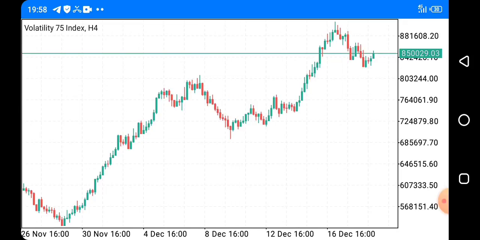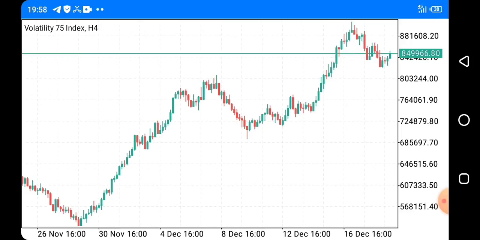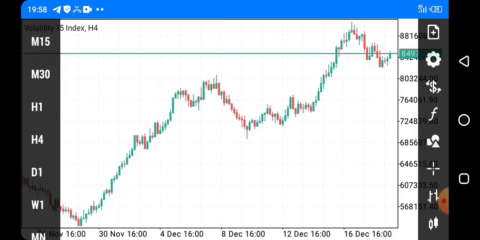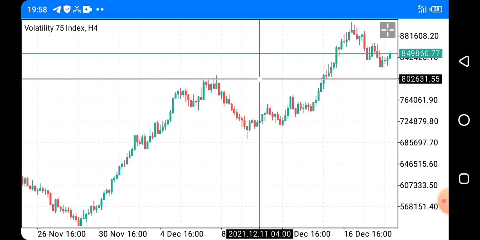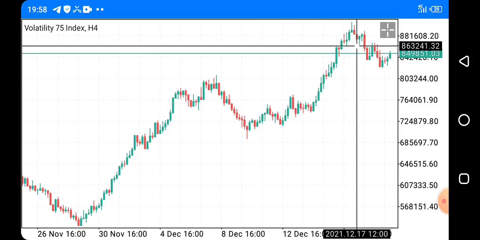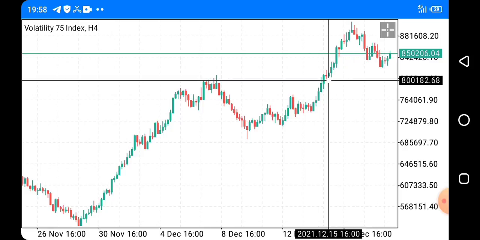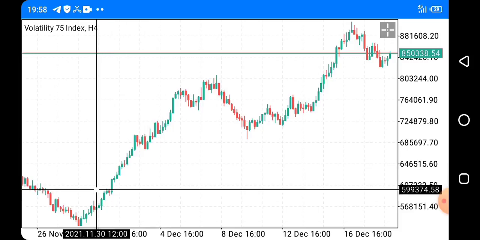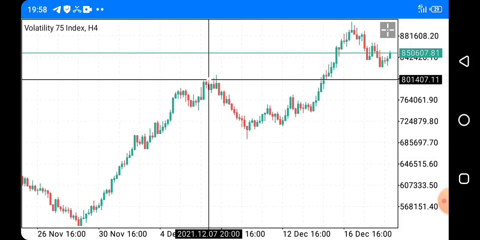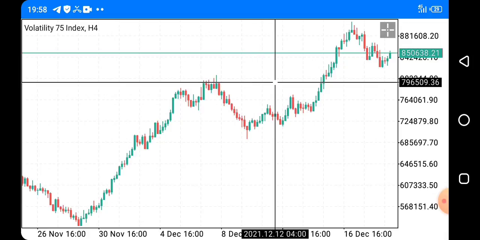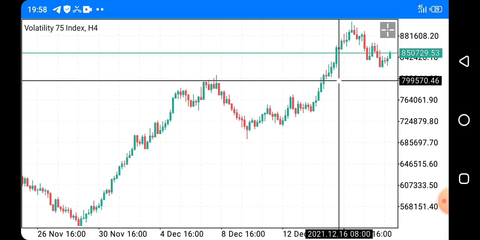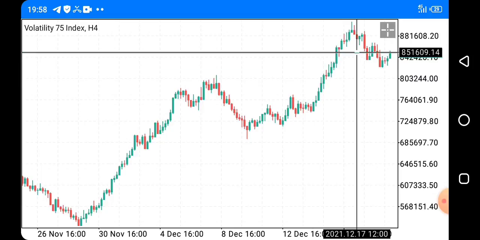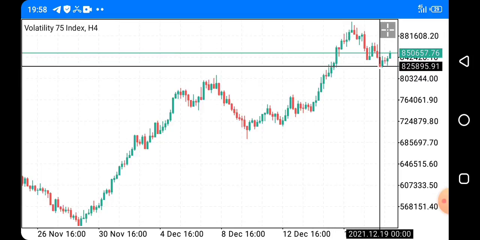When you understand these patterns, you are going to build a strategy using them, and this strategy is exactly what I'm bringing to you in this video. Our essence is to identify the end of a corrective move, so that we enter at the beginning of the impulsive move. Impulsive moves are always very strong, and if we enter trades at the beginning of impulsive moves, we are going to easily get our target hit. So how are we going to identify if the corrective move is coming to an end? That's exactly what I'll be bringing to you.